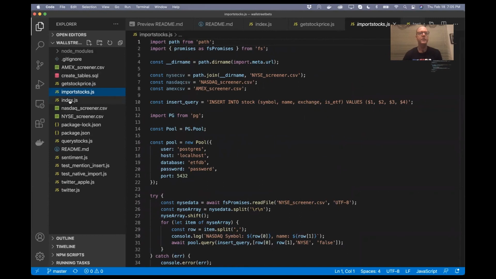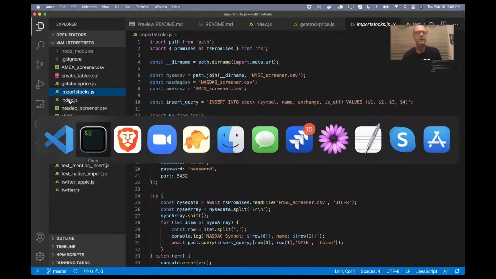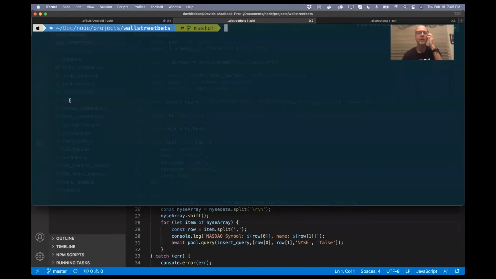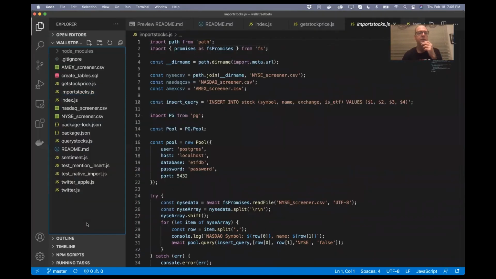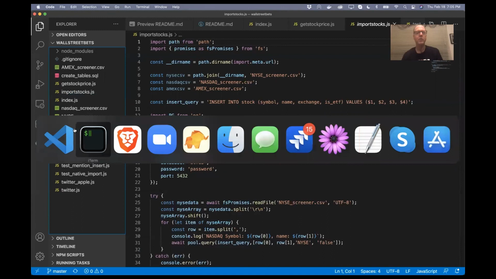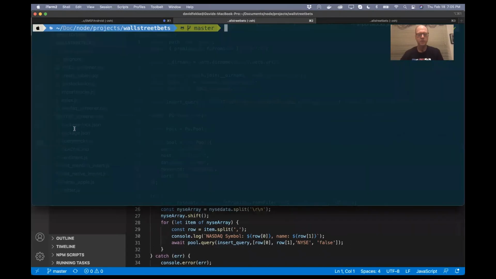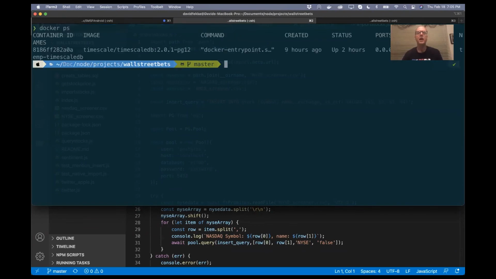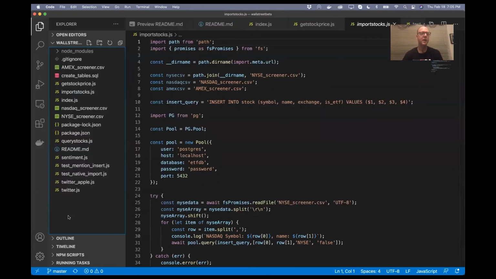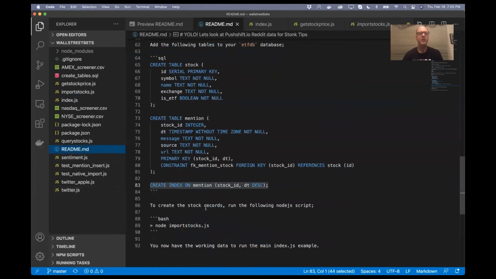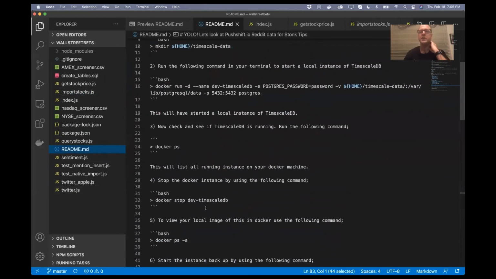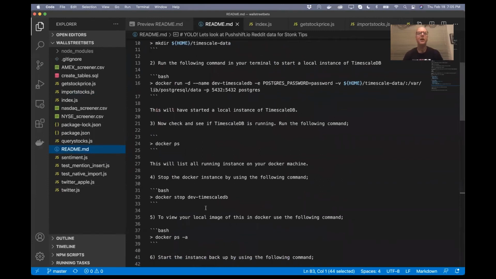All right. Before I do this, let me show you how I'm running this. Rather than actually install Postgres or Timescale DB on my laptop, I actually just installed it using Docker. And in the README for this, I have instructions on how you can set this up using Docker. So if you have Docker already installed on your laptop or your desktop,